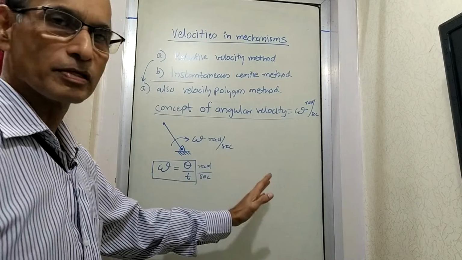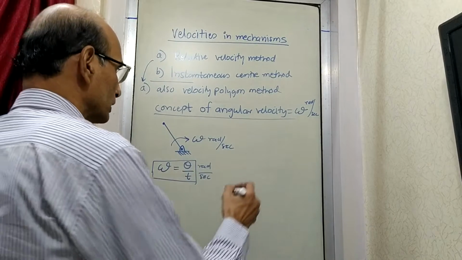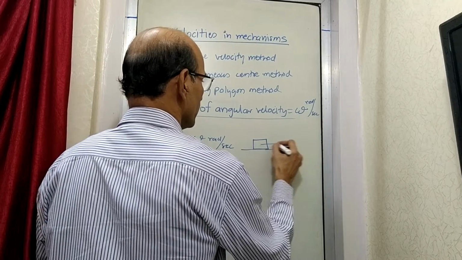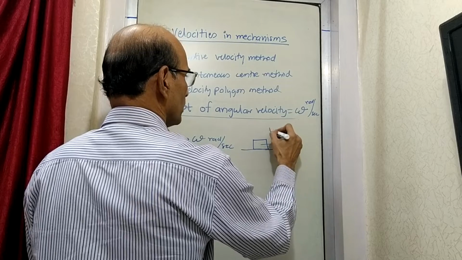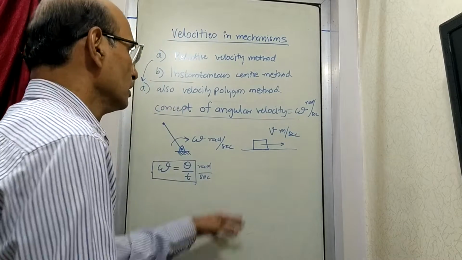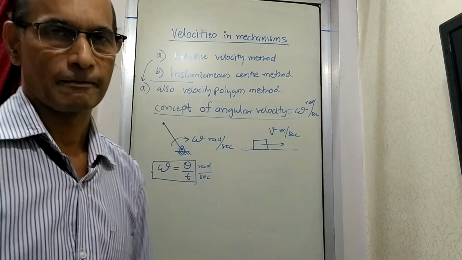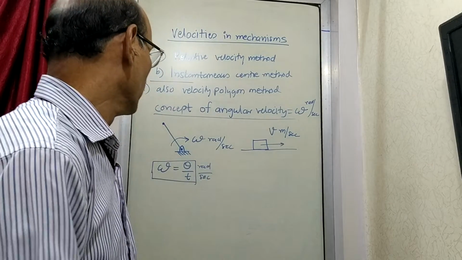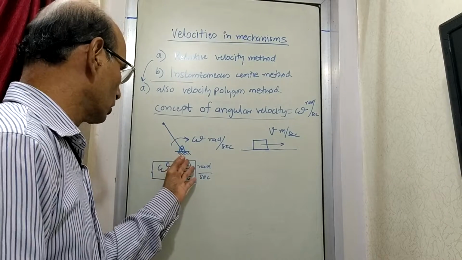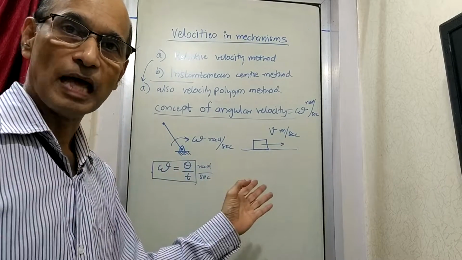Now you can take this situation similar to linear velocity. We know what the meaning of linear velocity is. This is an object which is moving in this direction, and then we say v, meters per second, that is the linear velocity of the object which is moving like this. Now what we are going to see is, first of all, if you want to know how this has come, we can even see that.